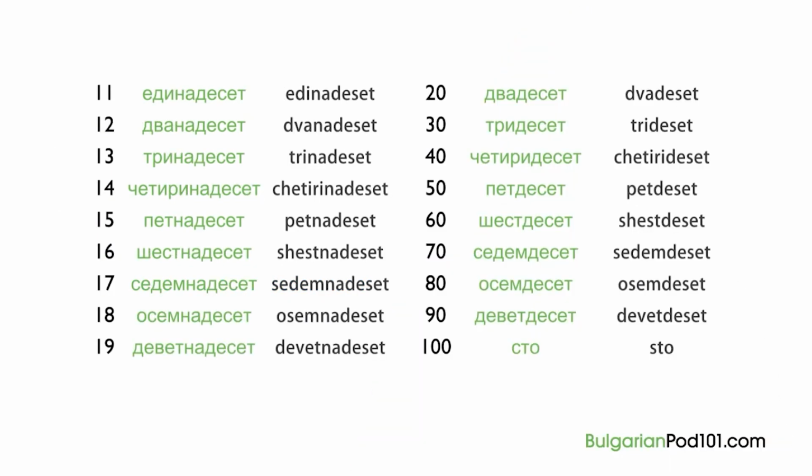Let's not stop at 20. Counting to 100 is super easy. Now I'll give you the tens. 30, 40, 50, 60, 70, 80, 90, 100. While you have to memorize a few of these numbers, there are a couple of tricks that